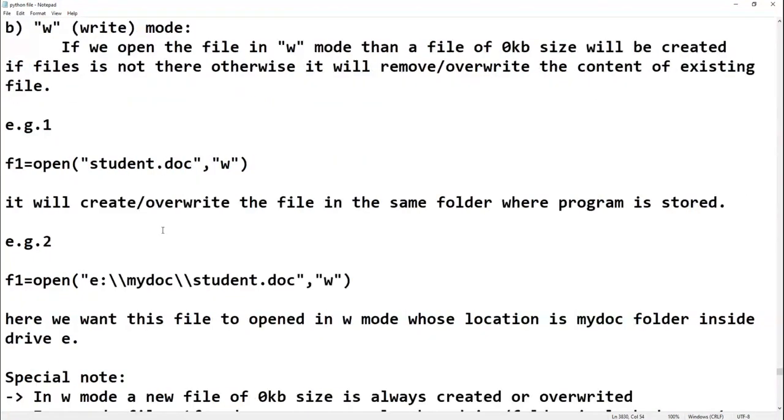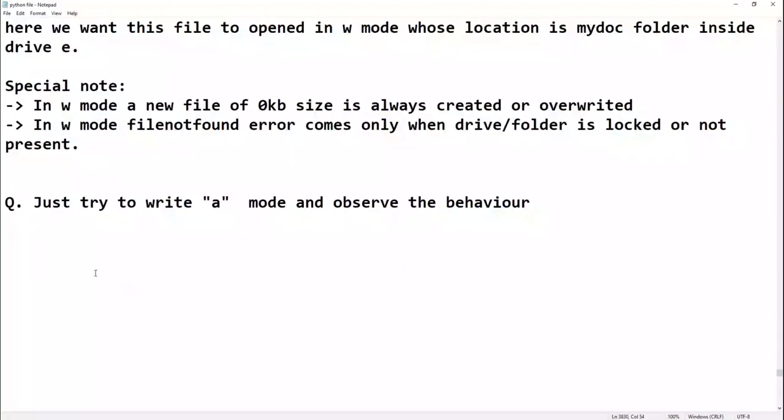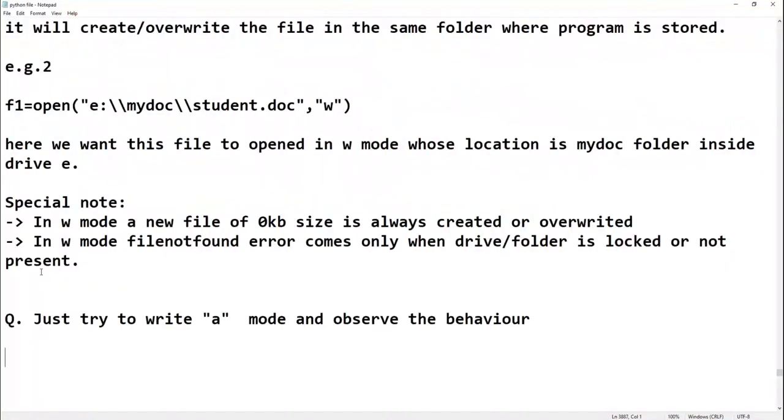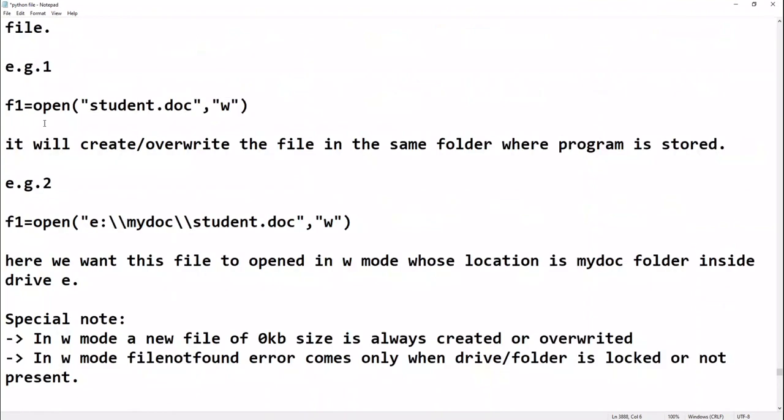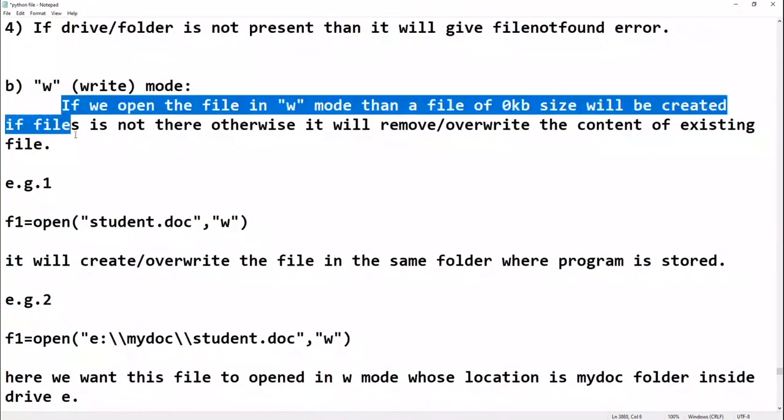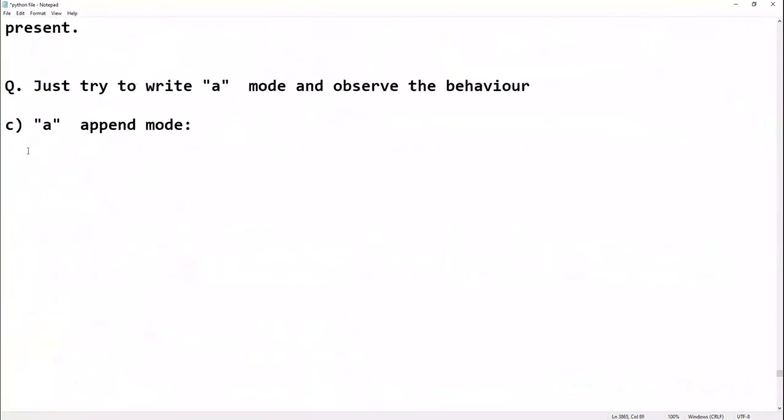Fine. Let's see what happens with A mode. This is super easy. A for append mode. Very, very easy. I can simply copy it from here and write it.